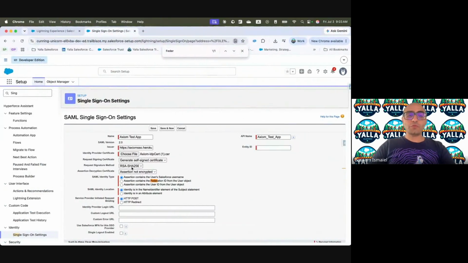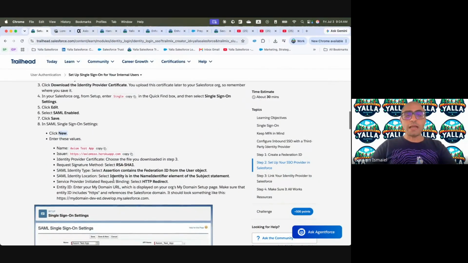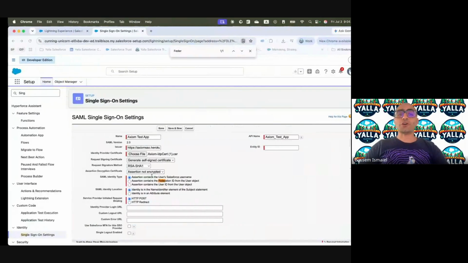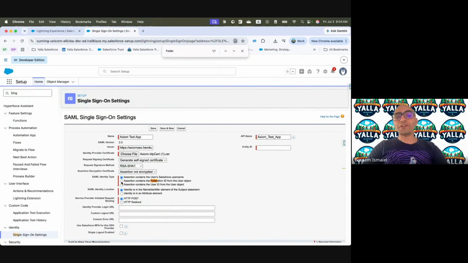Now we want to choose which crypto method to use for exchanging encryption between the IDP and the SP. We are using SHA-1; there's SHA-1 and SHA-256. Then I will say I'm not using the username. Yes, Hussein, it can be a custom Axiom thing, it can be Salesforce, it can be Azure, Microsoft, it can be any identity provider. The answer is yes. Now, we are saying we are not using the username. We want to use the Federation ID because we just updated the Federation ID for SIA.